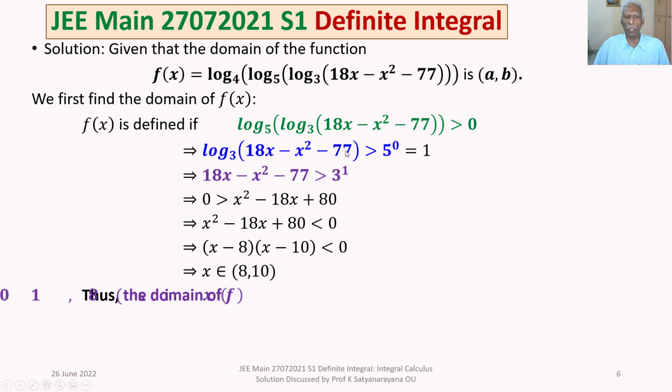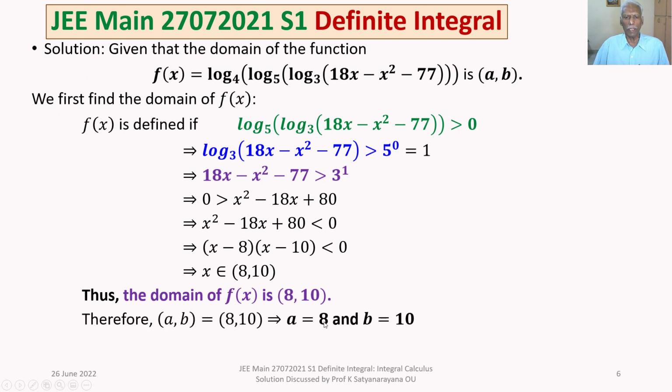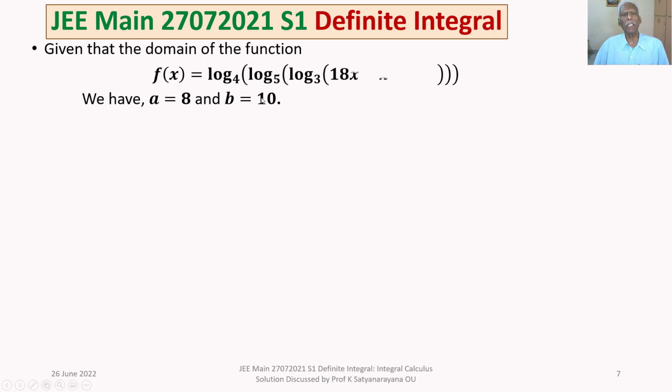Thus, the domain of the given function f of x is the open interval 8 comma 10, but it is given to be a comma b. Therefore, a is equal to 8 and b is equal to 10. So now we can evaluate the definite integral in the next slide. So we have this, a is equal to 8, b is equal to 10,